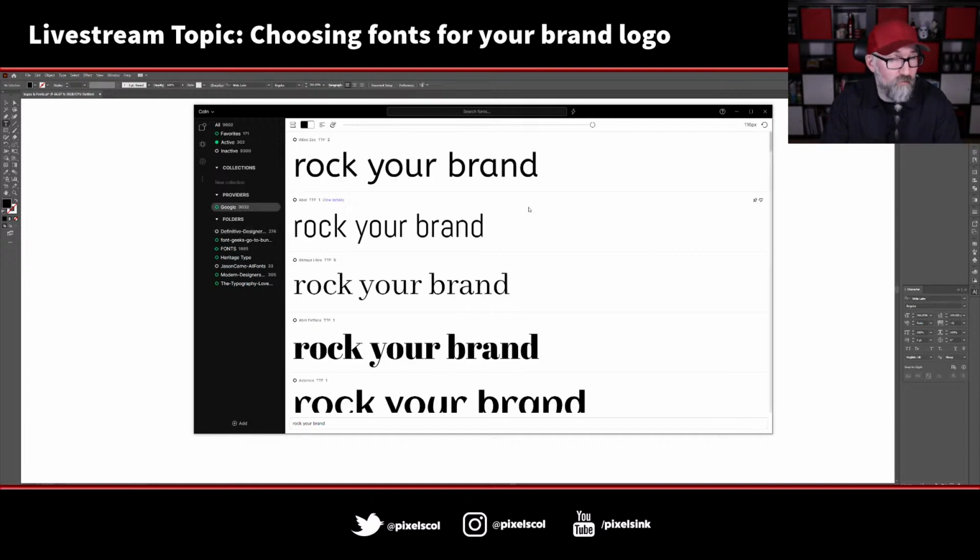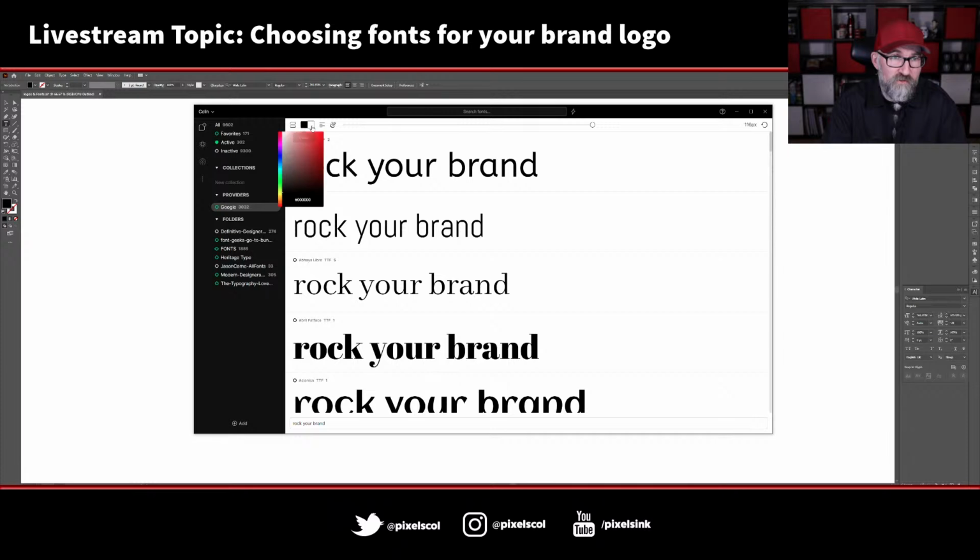It gives you access to all of the Google fonts as well. The Google fonts are free for commercial use, and there's some really, really good ones in there. I use Google fonts for some of my clients' logos. It's helpful for them, especially if they want to use things like Canva. Canva has access to all the Google fonts, so it's just easy for them to create their own graphics and stuff. But this is really, really useful.